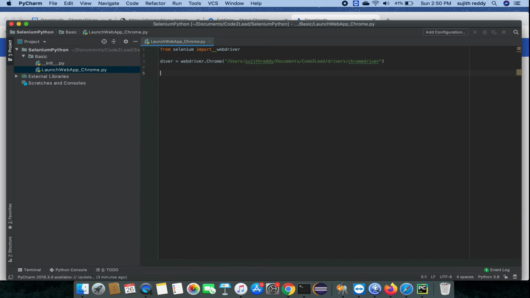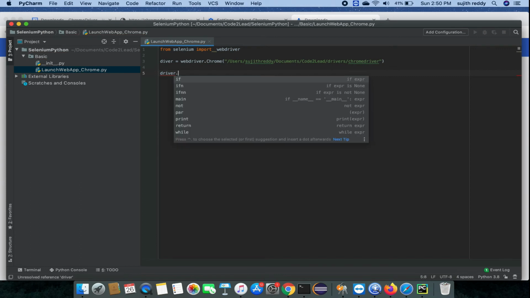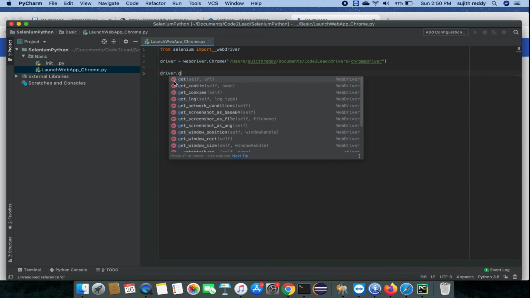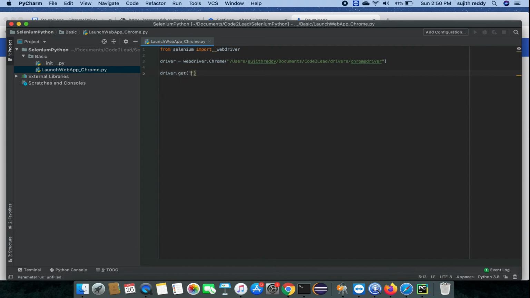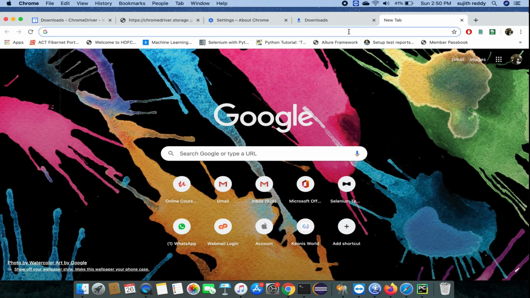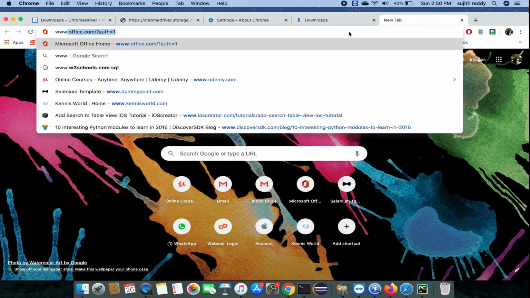Now by using this driver object we are going to call the get method, driver dot get. What is the use of this get method? It is used to launch the web page, and whatever web page we require, we need to take that URL first.